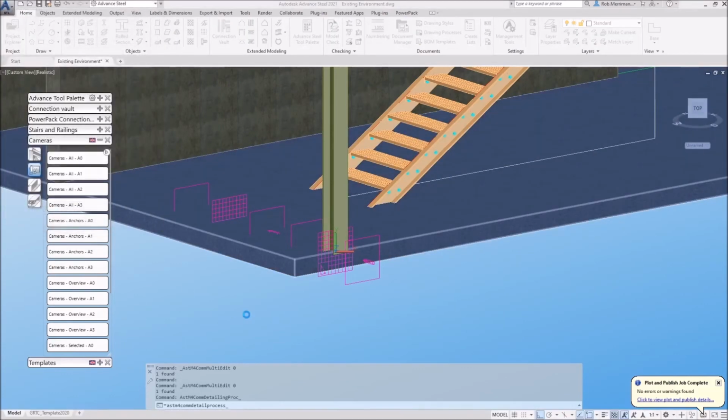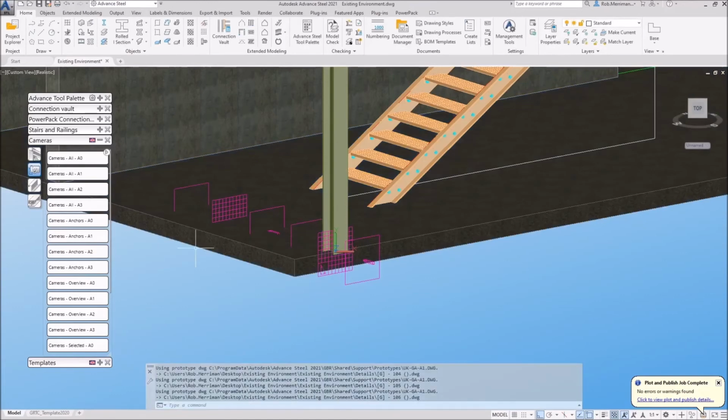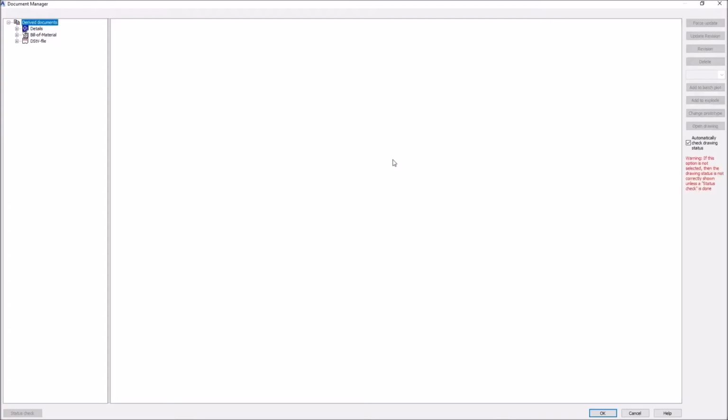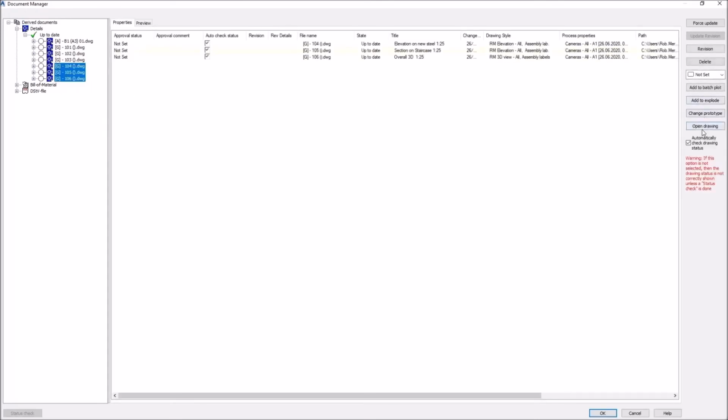And what we tend to say for people when we're looking at drawing styles and drawing style customization is we'll never probably achieve 100% of what you want on every drawing, because every project can change, but the repeatable tasks that you are doing, that you're constantly having to change, if there's dimensions that you're constantly changing, labels that you're constantly changing, we can probably achieve all of those automatically. So if we look at 4, 5 and 6,